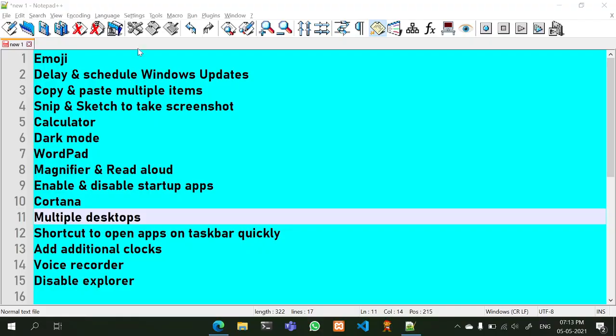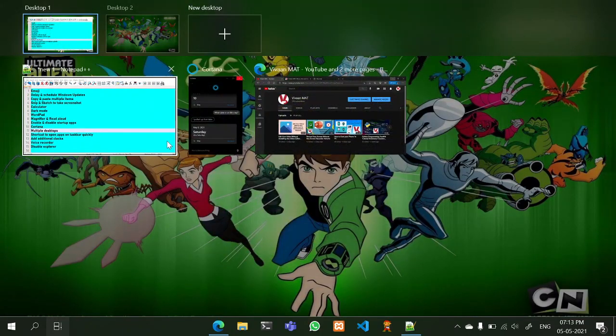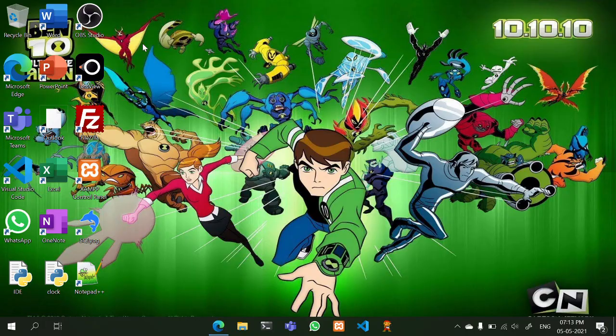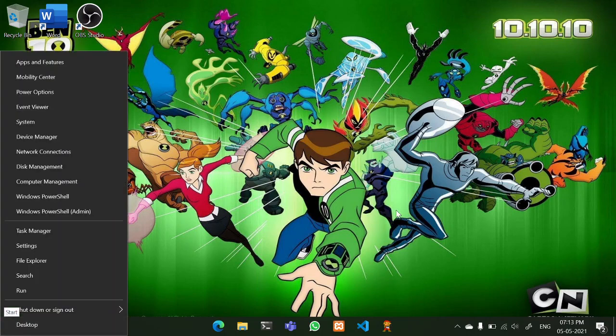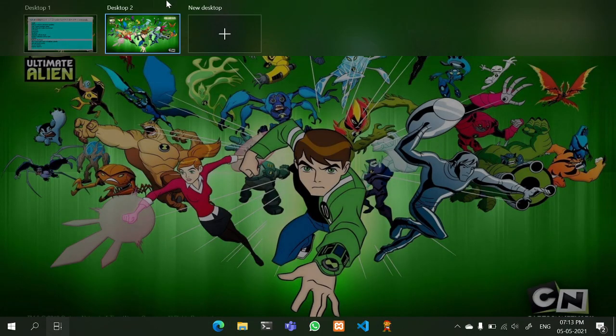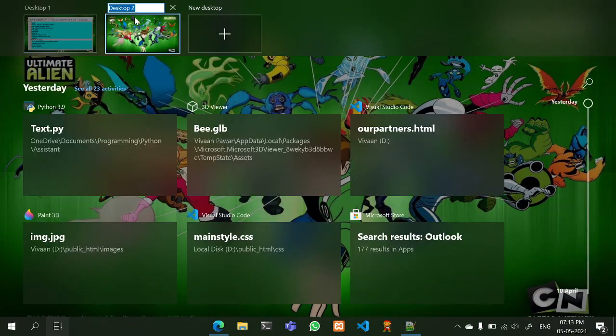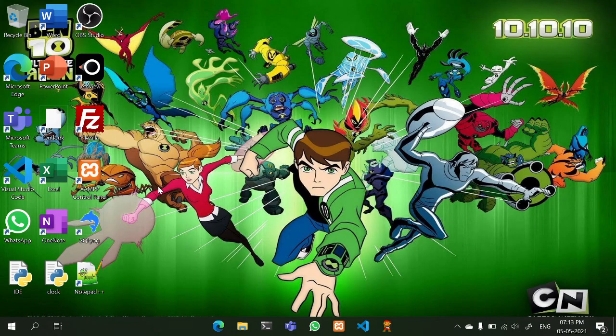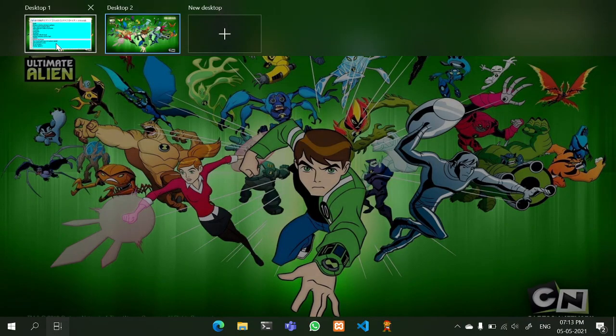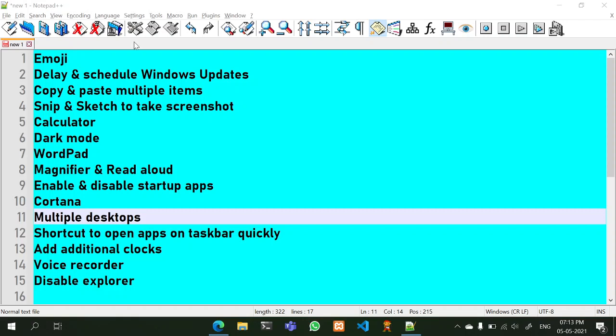If there are many applications open here in my desktop one, then like a new start, it helps me a lot. For example, something else is going on here, and I don't want to disturb it, so I can create a new desktop so my work goes on frequently, and the work going on in desktop number one doesn't get disturbed. You can switch between desktops using Windows Control and the arrow keys,